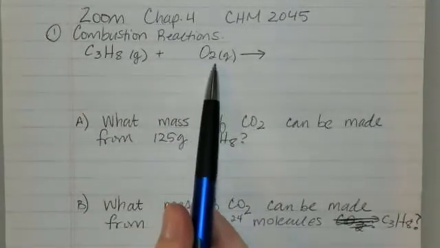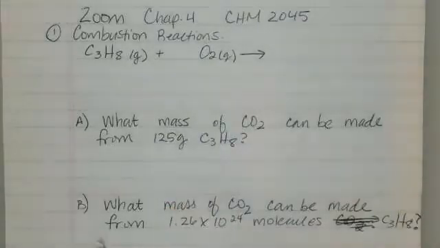You're always going to have oxygen as the second reactant in a combustion reaction. And like we may have seen in those combustion analysis questions back in chapter 3,